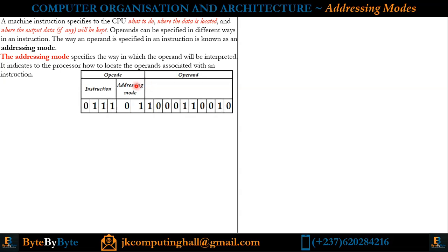As you can see, we saw that an instruction is divided into two parts, the opcode and the operand, which is still the case. But the opcode is further divided into the instruction itself and the addressing mode. And this addressing mode specifies the way in which the operand has to be interpreted, whether as a value, as a memory location, or as a reference to a memory location. That is what we are going to see in this lesson. There exist several addressing modes, but the five most common are: